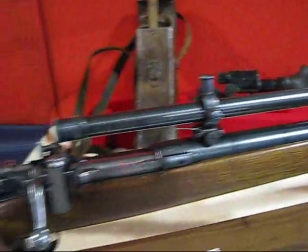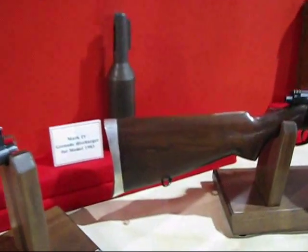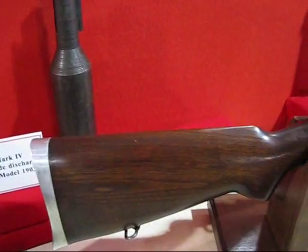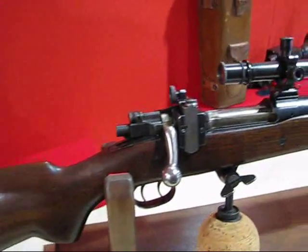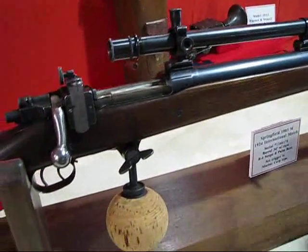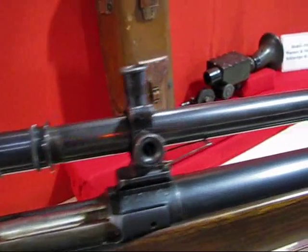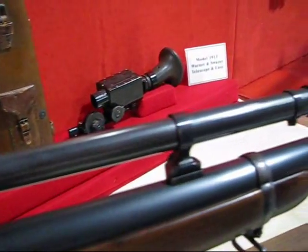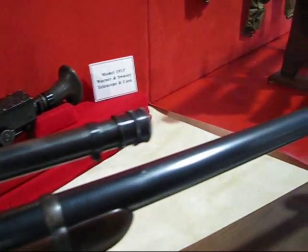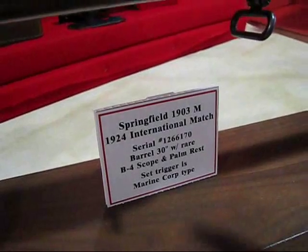And the other one that was used in 1924, this was used for international competition, and it had what they call a palm rest on it, and the scope is a very rare what they call A4. It came out before the A5, but it was also used, the set trigger was used by the Marine Corps. Now, what is also very,